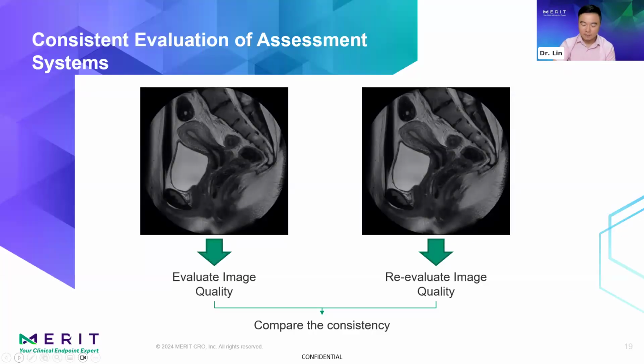And just as in the consistency evaluation of generic drugs, to measure the stability of a scoring system like RECIST or RANO, which involves the consistency of the evaluator, who is the reader for us, and the evaluation criteria, which is the tool, we also employ the reliability evaluation method to assess whether the overall evaluation system, including the evaluator, the reader, and the criteria used, is stable.